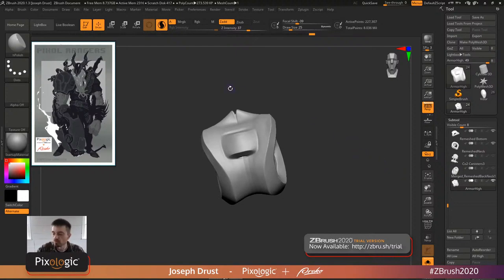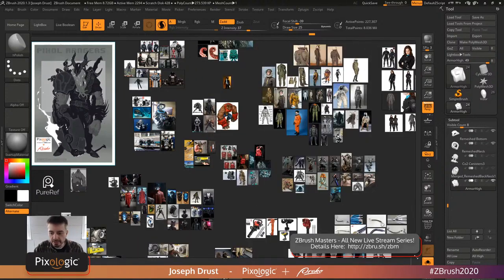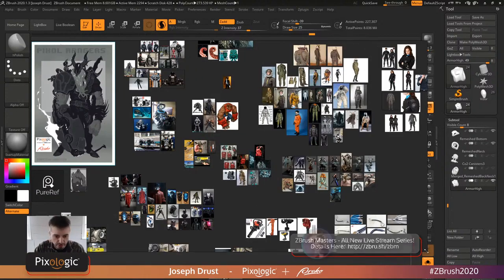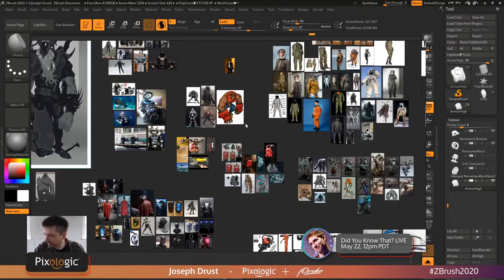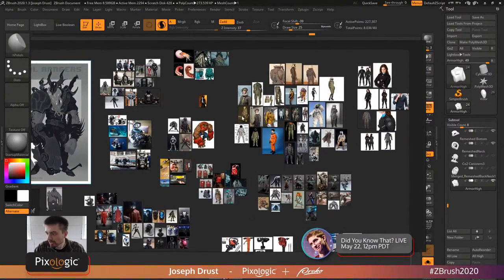Mr. Sanson's asking, is there more images of the views of this concept? And there is not. The main premise of this is that I just wanted a single concept and then I go off the concept and elaborate more on it. So getting into that, when I do anything like this, I'll end up, this is an application called PureRef. I talked about this in the first one and I add to this as I go along, but I'll fill my head with images,